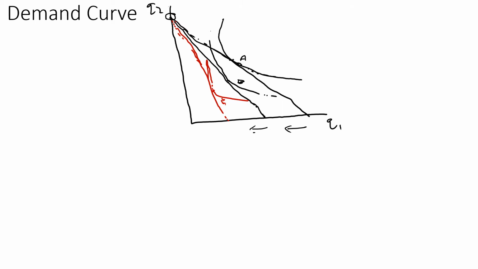So when we join all these points A, B and C, what we get is the price consumption curve. Let me draw that. If we combine all the points, a curve in this form will be made, and we call that